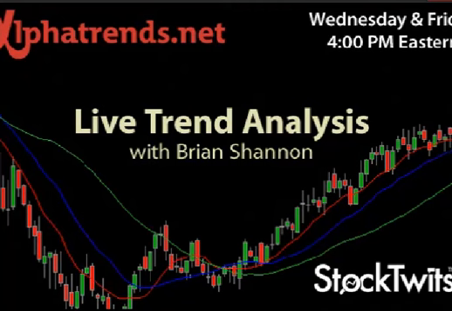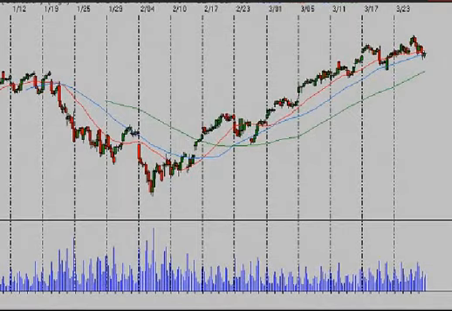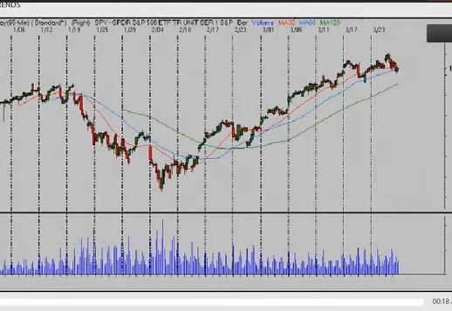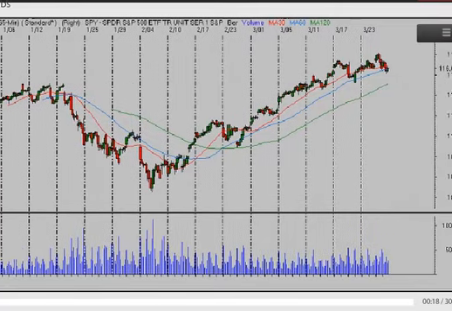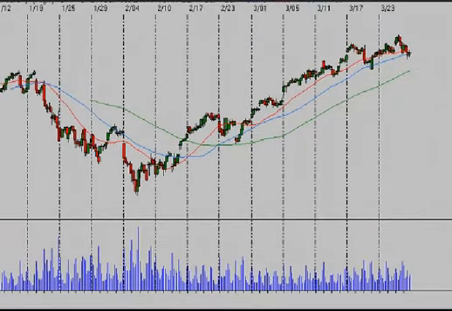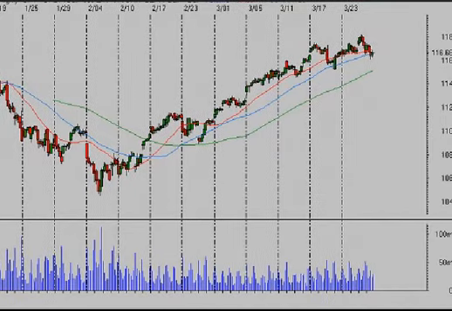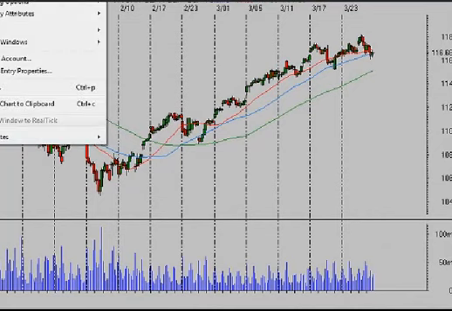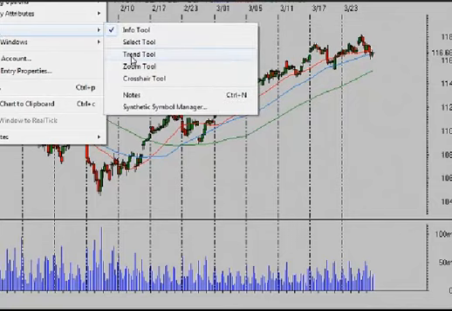Let's take a look at these markets. We'll start with the S&P 500, and I've got to share that screen, so let me get that over there for you. Here we are. We've got the S&P 500 on right now, looking at a 65-minute time frame, which goes back to basically the very beginning of the year, and we're looking at a 5, 10, and 20-day moving average.